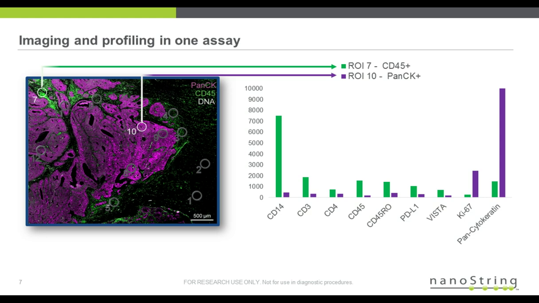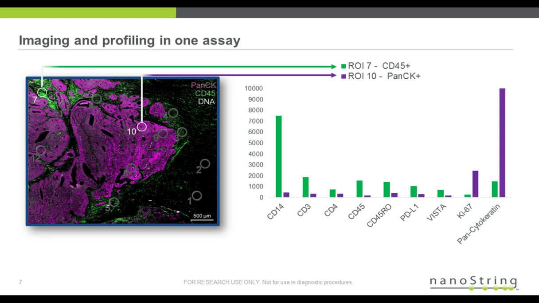Now, in a typical microscope, you would just be limited to these kinds of colors. But now we want to go in, and you can see here, let's just take a look at region number 10 there with that little small white circle. When I'm in the tumor region, I shine a brief burst of light and then count the antibodies that are located in that tumor-specific area. So you can see that when I'm in the tumor itself, markers that are high in tumor but low in immune cells show up. So you can see the large spike in pancytokeratin. You see that large purple ball to the right, and that number is very high when I'm in the tumor environment, so when I'm in the purple area and shine my light.